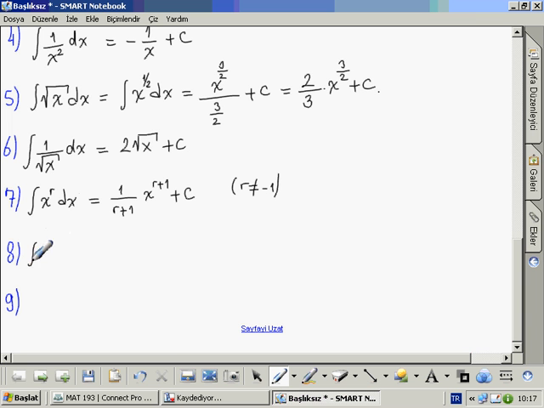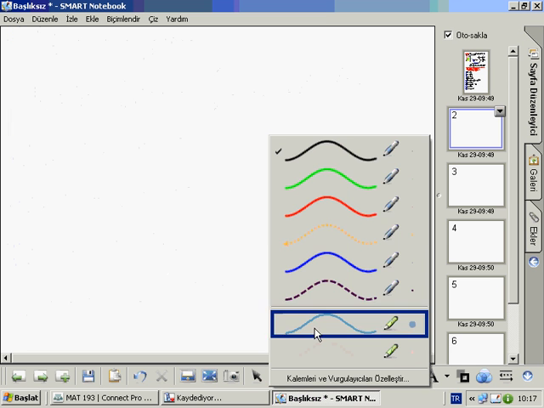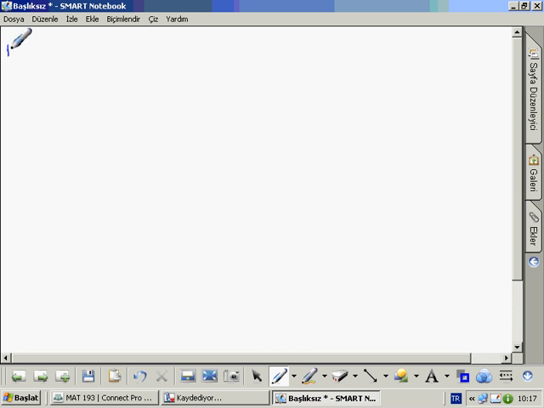And the integral 1 over x dx is equal to ln absolute x plus c, and the integral sin ax dx is equal to minus 1 over a cosine ax plus c, and the 10, 11, 12,